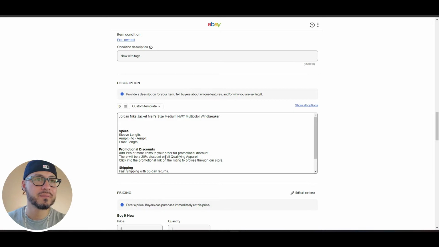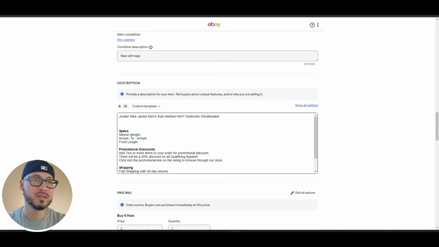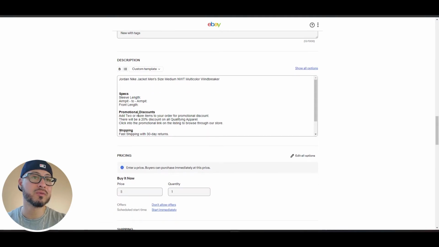Okay. And then everything else I'm gonna keep the same for clothing. So you got your sleeve length, armpit to armpit. It saves you so much time if you make a template. I'm gonna show you how to make a template on another video, but for right now, if you didn't have a template,